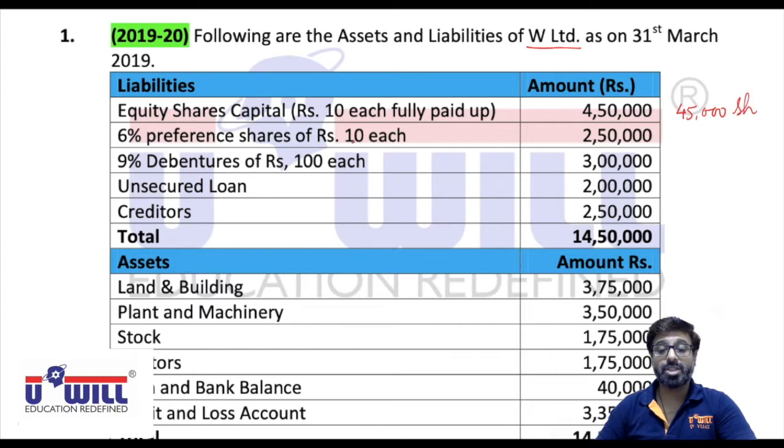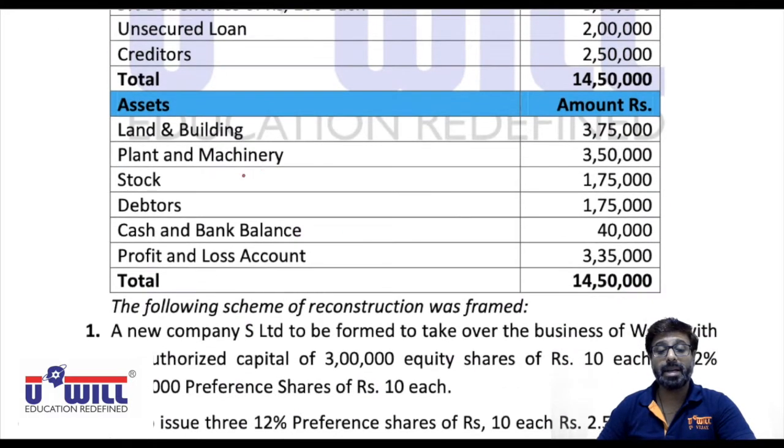6% preference shares also of rupees 10 each, 2,50,000. So 2,50,000 divided by 10, 25,000 preference shares are also there. 9% debentures of 100 each, 3 lakh. Unsecured loan, creditors, and then land and building, plant and machinery, stock, debtors, cash and bank. Okay, this P&L account given on the asset side means it is accumulated loss, and that may be a main